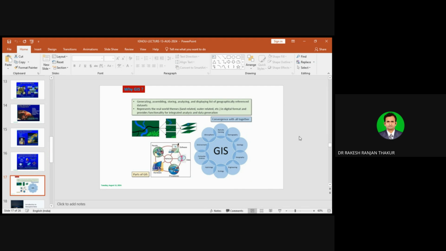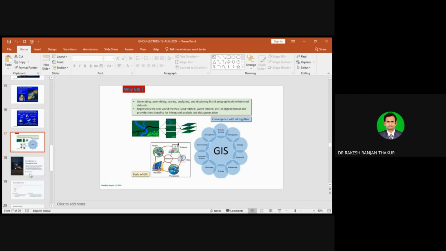Then in this slide you can see the convergence of different types of themes, like remote sensing, demography, the study about the population, geology, geography, engineering, ecology, hydrology, environmental science, atmospheric science. All these things are converged in GIS. Okay, then